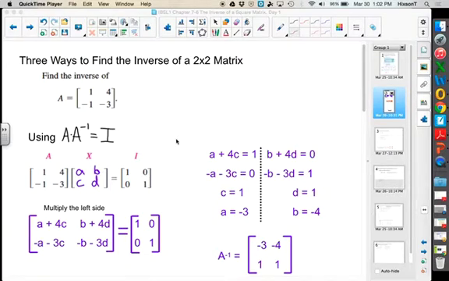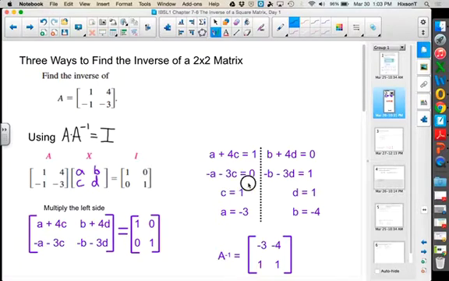On Friday, we had looked at solving or finding the inverse of a 2 by 2 matrix by, first of all, considering the fact that any matrix times its inverse will equal the identity. So we wrote this equation here using A, B, C, and D. Then we multiplied the left side together and found that if we get this matrix, then A plus 4C has to equal 1, and B plus 4D has to equal 0, and so on. We came up with this system of 4 equations